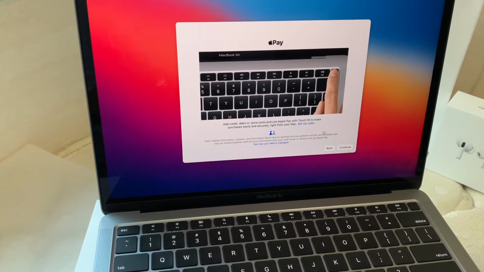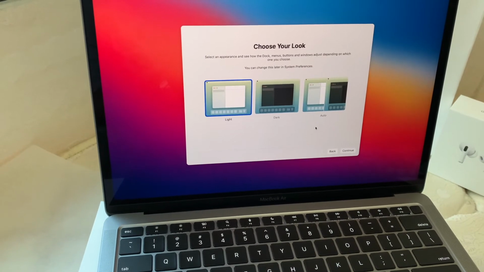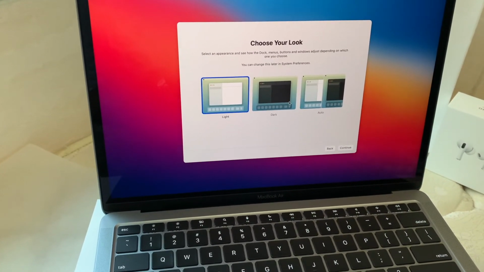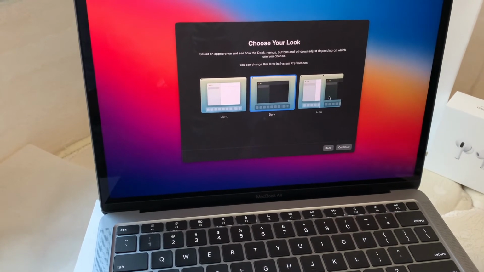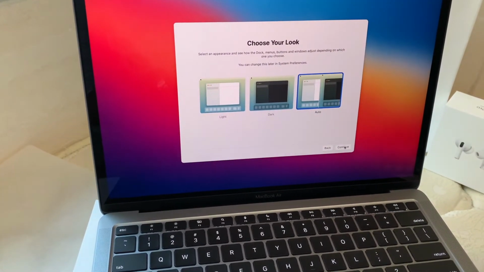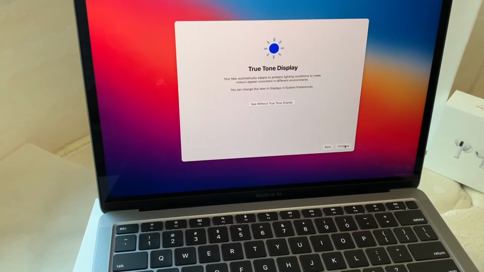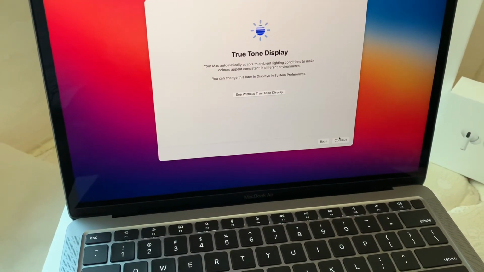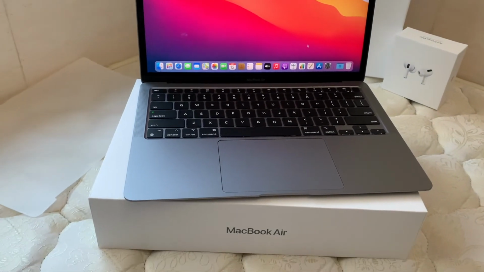Here you can just go ahead and click on Setup Later. Next up is the look. So there's light, dark and auto. I went ahead with auto so the computer can choose between the two depending on the lighting. Go ahead and hit Continue. And just like that, your MacBook is all set up and ready